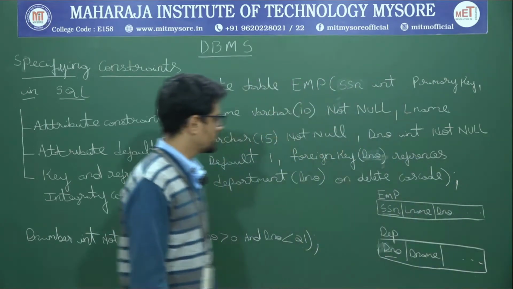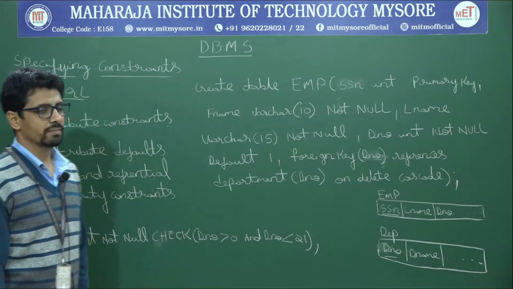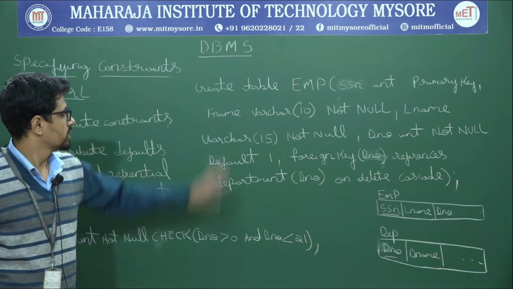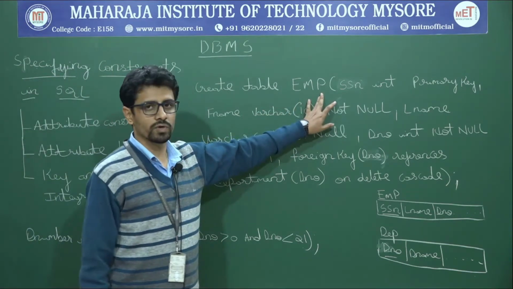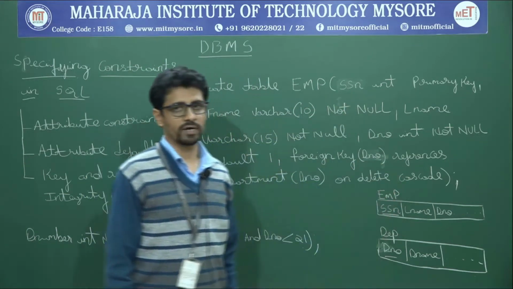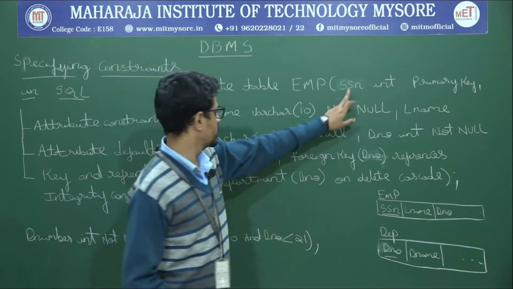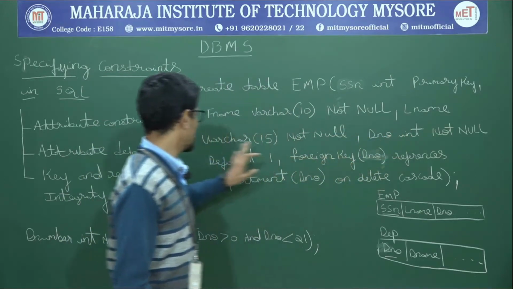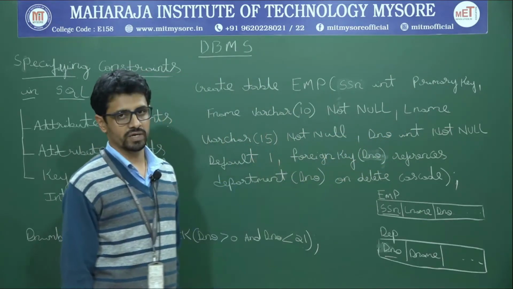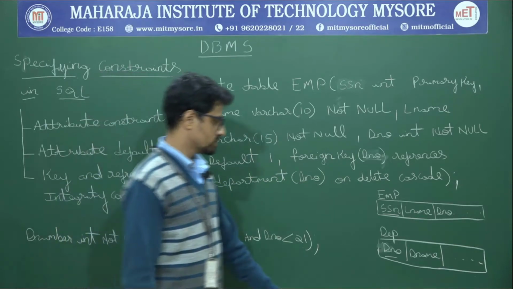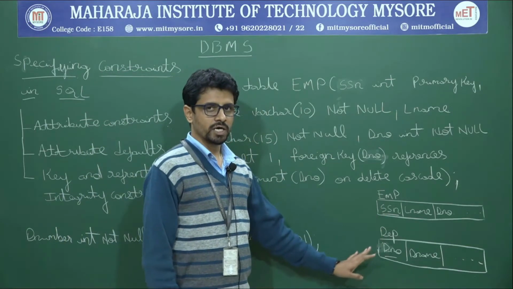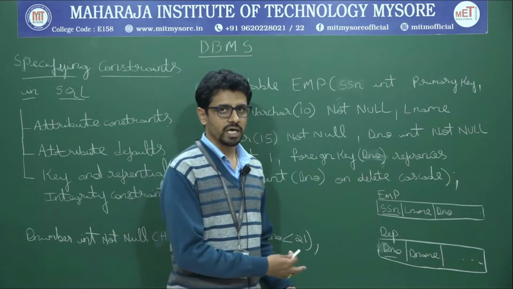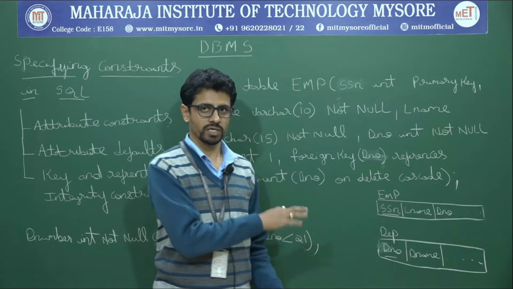I have the example on the board right now. I have a table called employee to be created. So create table employee. I have taken a set of attributes: SSN, first name, last name, and department number. Only a few attributes. I have just written the schema diagram to take you through the interpretation of what constraints I am putting on these tables, just to understand it.